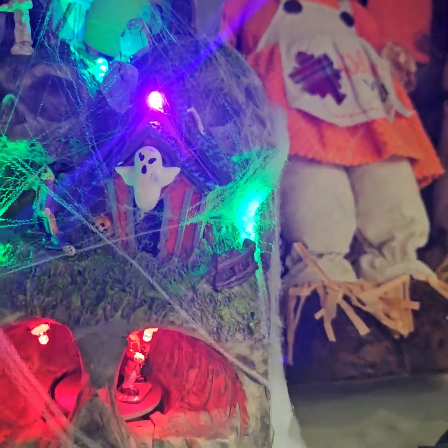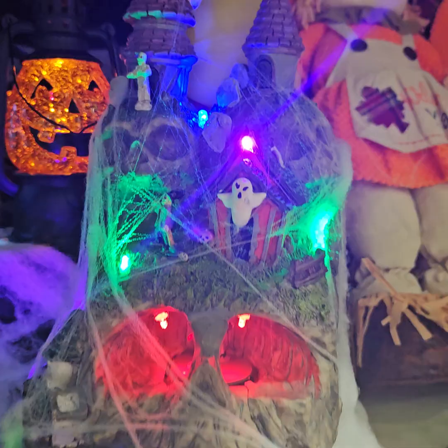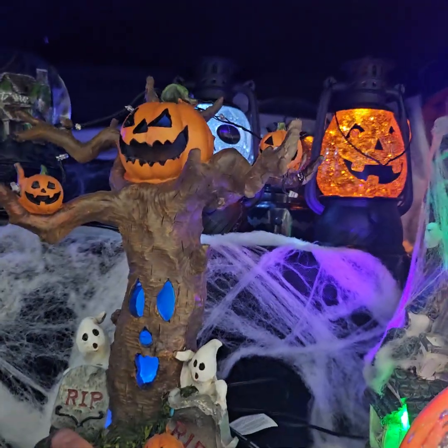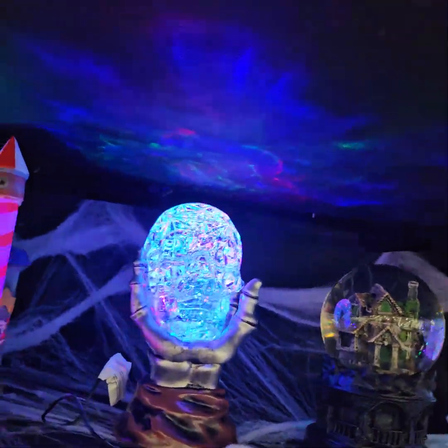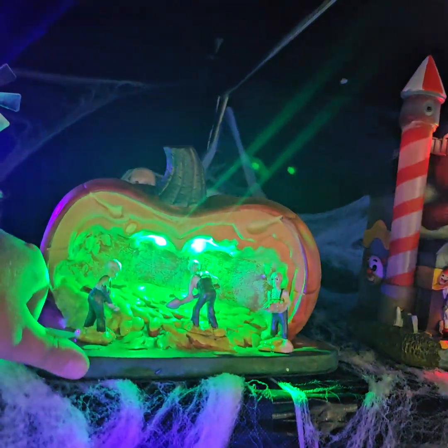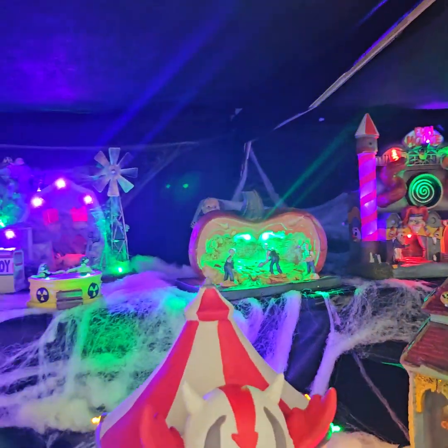Here's this tomb, this big haunted house, a bunch of movement. Here is this water glitter camper, which we will be getting, and a spooky tree, some lanterns, a skull one, a fun house, a skeleton pumpkin gut scooping site. But